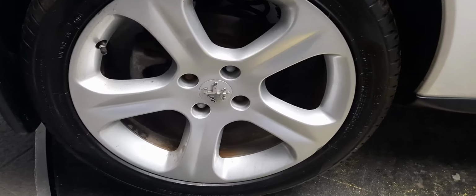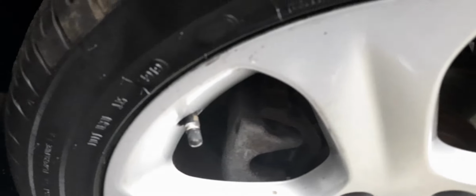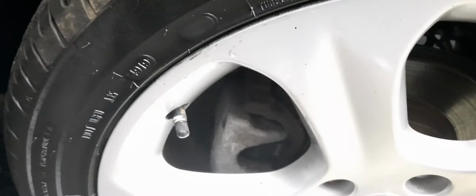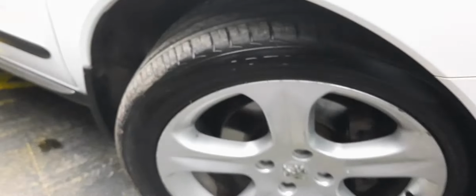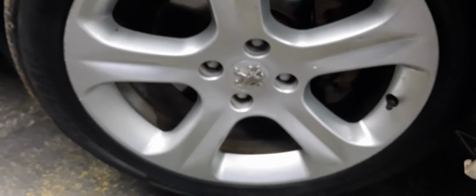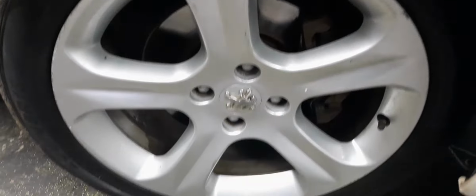Coming on down here, you can see, again, lovely alloy, great all the way around, but we are starting to get a few little blemishes just around the edges there as well. So again, purely cosmetic, doesn't affect the way the car handles, operates, drives, performs, anything like that. But I've seen them, you've seen them, and I want to show you them to keep us on the same page here. Coming on over here, you can see our final alloy, driver's front side, usually the worst of the bunch, but